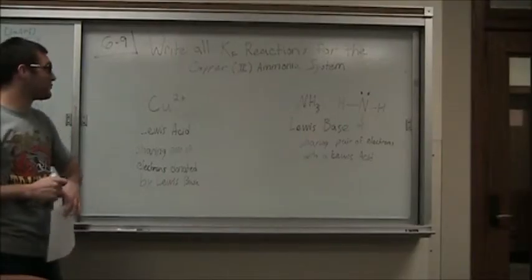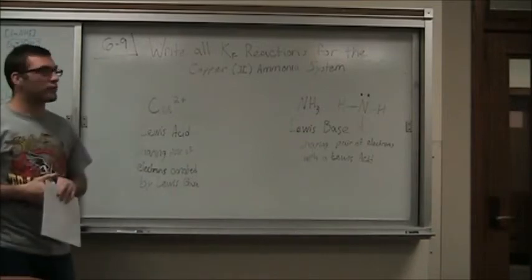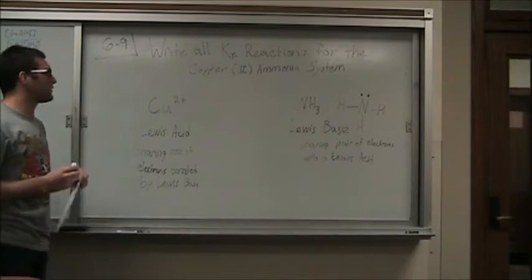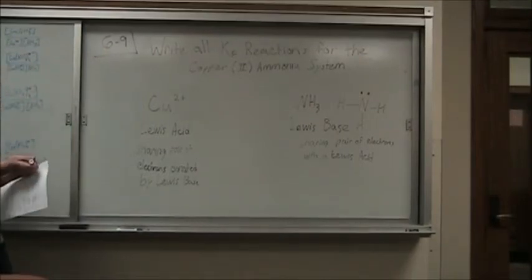So today I'm talking about question number 6-9. Write all the Kf reactions for the copper to ammonia system. The first thing we need to understand before doing this problem is the copper and ammonia as a Lewis base